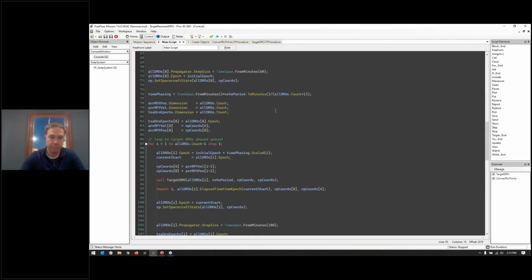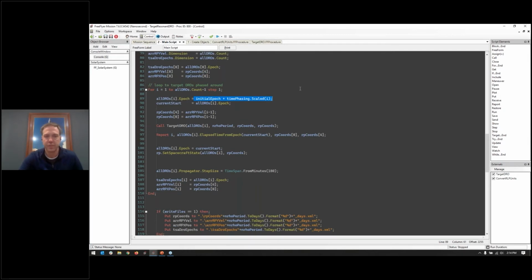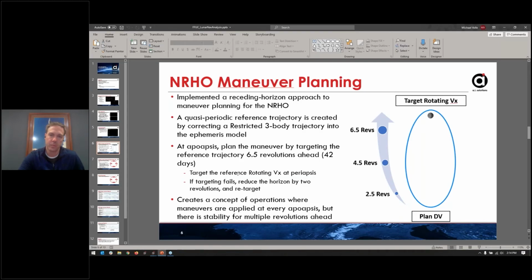And so then in my overall script, I just do that in a loop, changing the initial time based on whatever fraction of the overall time period I wanted to look at. And the end result is a ring of 60 DROs that are potential candidates for my constellation. So that's the usage of the rotating pulsating coordinates to